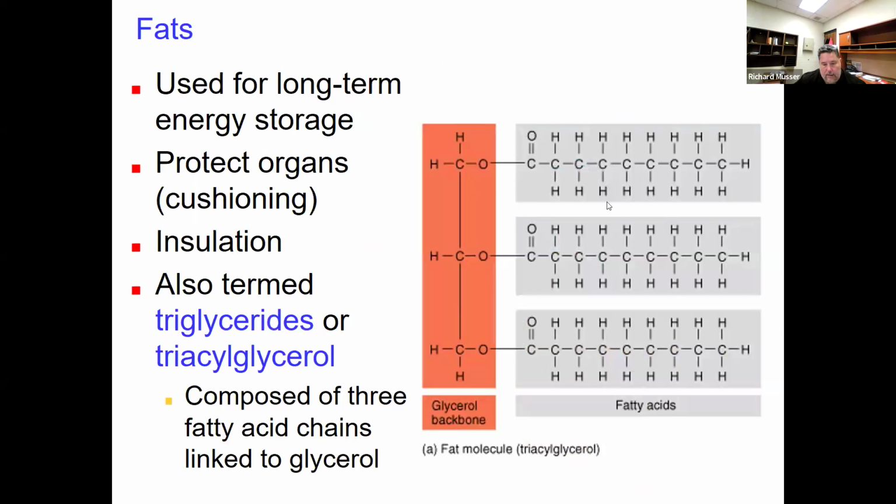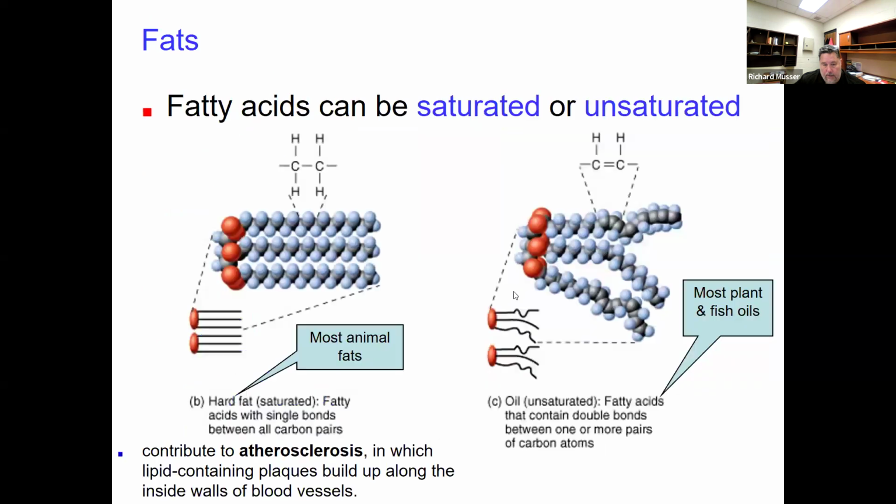So, here's our triglyceride. We talked about that last time. This is how fats are moved around in the body. We call them saturated fats when you see a carbon filled up with hydrogen atoms. And then we call them unsaturated when you see a double bond between a carbon and we removed the hydrogen. So saturated means it's filled up with hydrogens. Typically speaking, unsaturated fats are normally better for you than saturated fats. That's because it remains in a kind of oily state, while saturated fats tend to potentially lead to things like atherosclerosis and plaques that build up in your blood vessels.